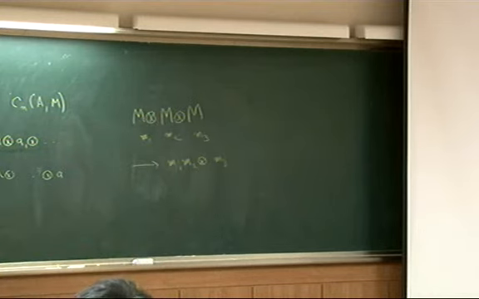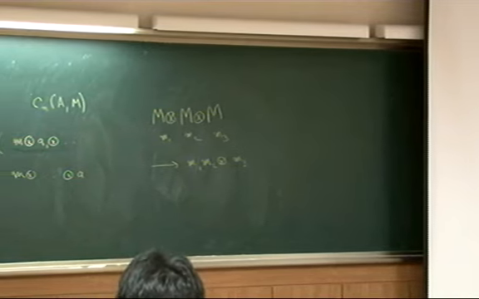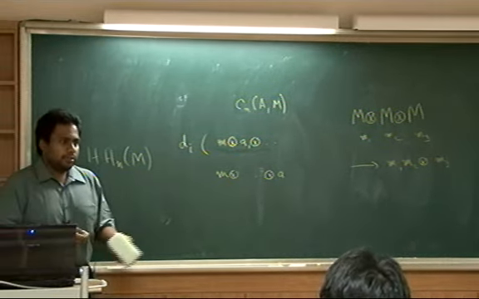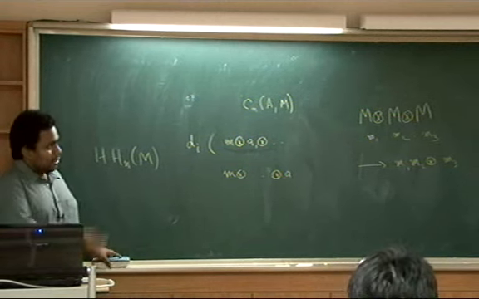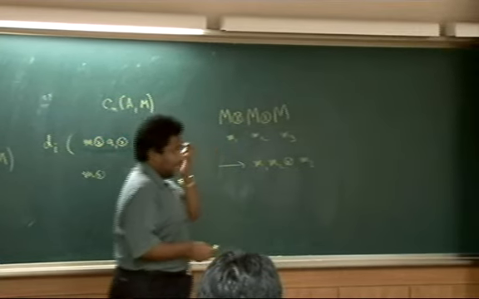This doesn't make sense. So what I want to do is define something like HH_N of M, and more generally that of a sheaf, and in particular an invertible sheaf would be a line bundle. So that's okay. It's not immediately clear how one could define the Hochschild homology for a module M over